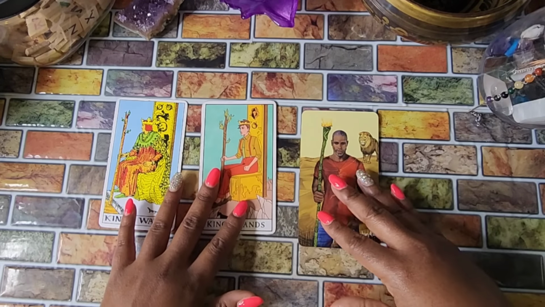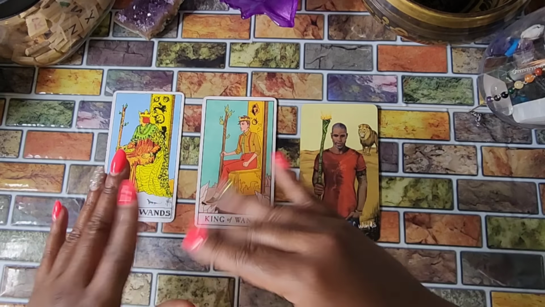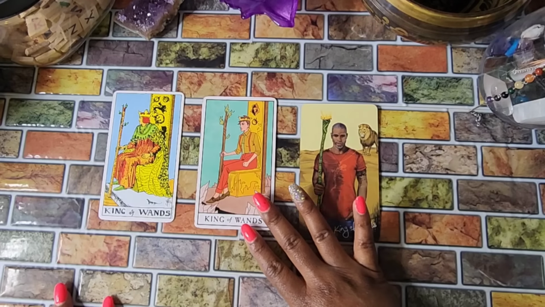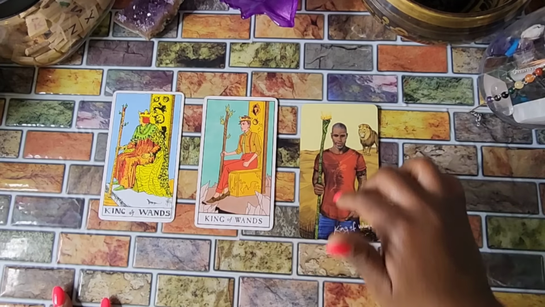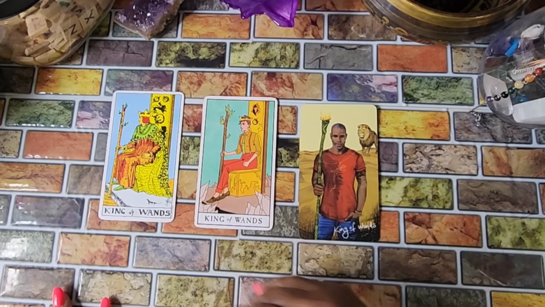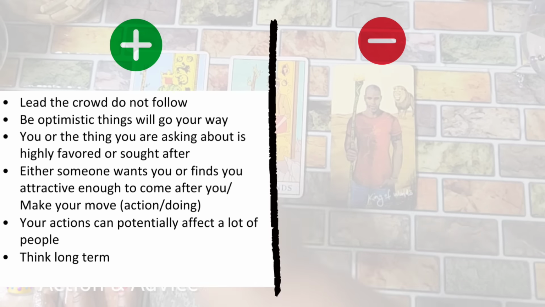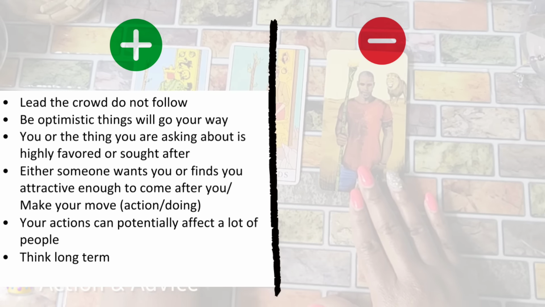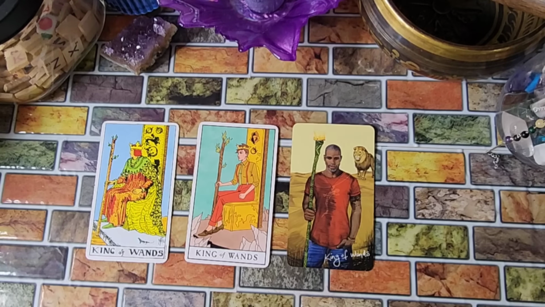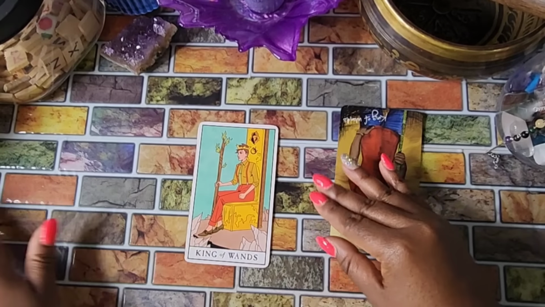The King of Wands is a leader, okay? The King of Wands, that fire, that air, leaves their mark everywhere they go. So make sure that you're mindful of that if you represent it as the King of Wands, okay? And think long term. Look how they're looking straight, look how intent that stare is. They are looking at the prize. So you need to think long term. That's the advice. Now in reverse,